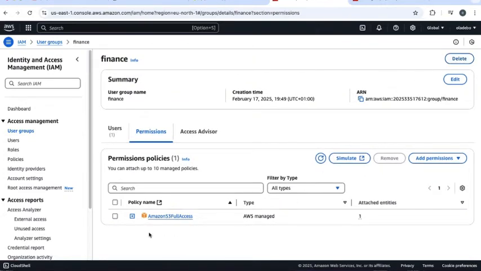As you can see, we give Mary S3 full access. So we give Mary in the finance group S3 full access. So let's go back to User groups